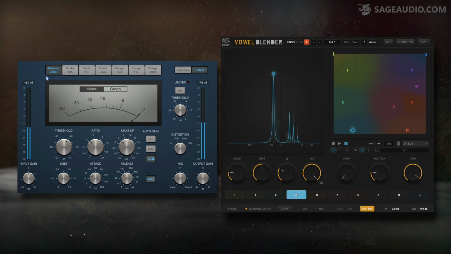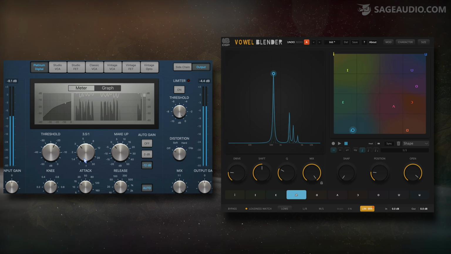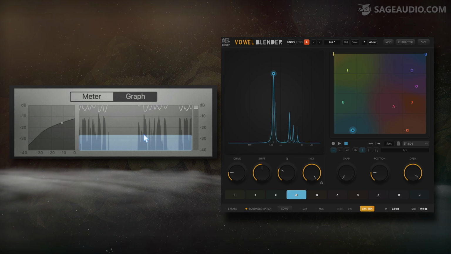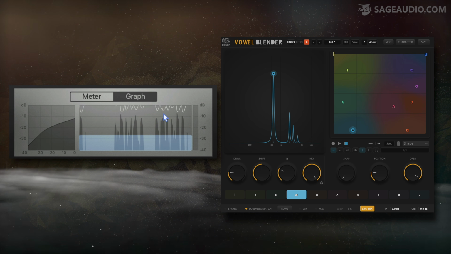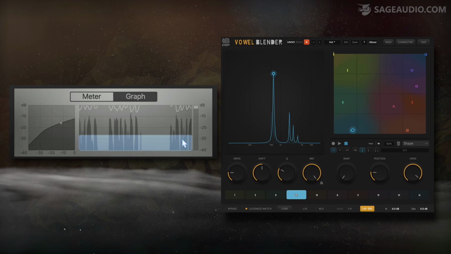Now you might be thinking, why not just compress the vocal to create more uniform dynamics instead of trying to manipulate the formants? Now that might help, but it could just as easily make it worse. A lot of vowels' amplitudes occur during tonal aspects of the signal's envelope. So if we compress the peaks and use makeup gain, we'll likely attenuate transients while amplifying the quieter tonal signals